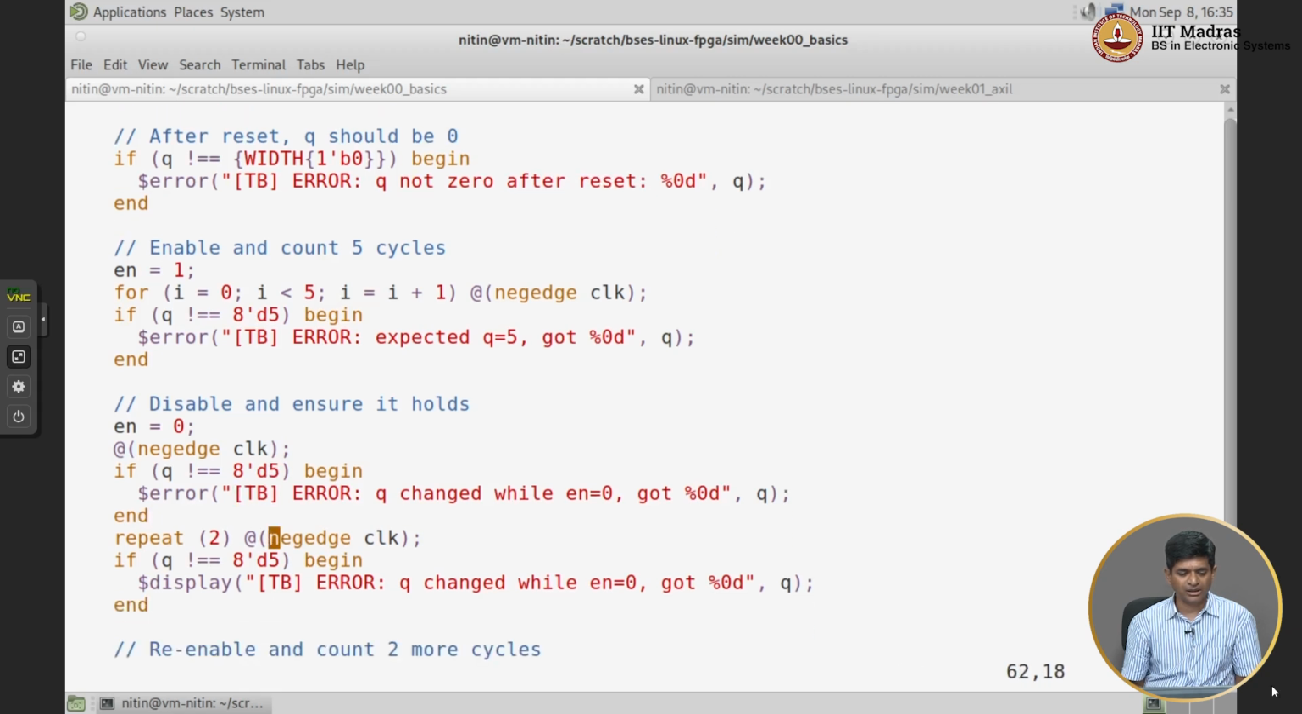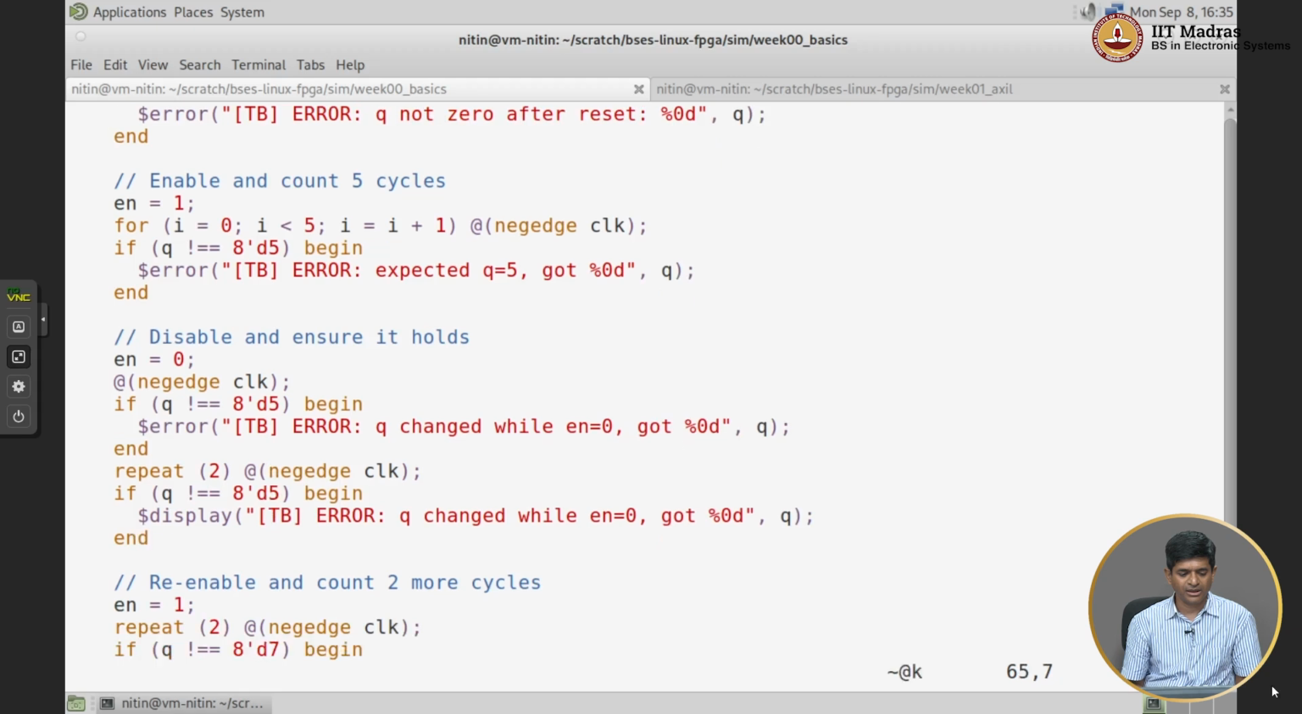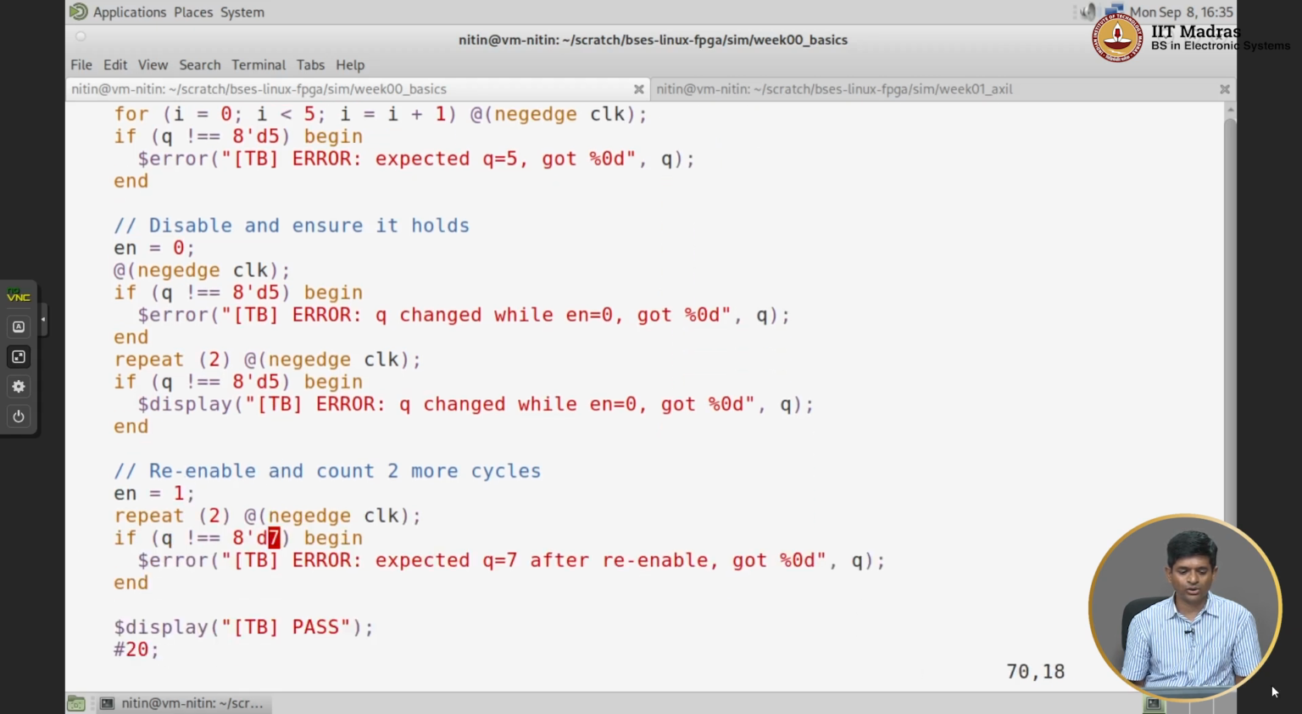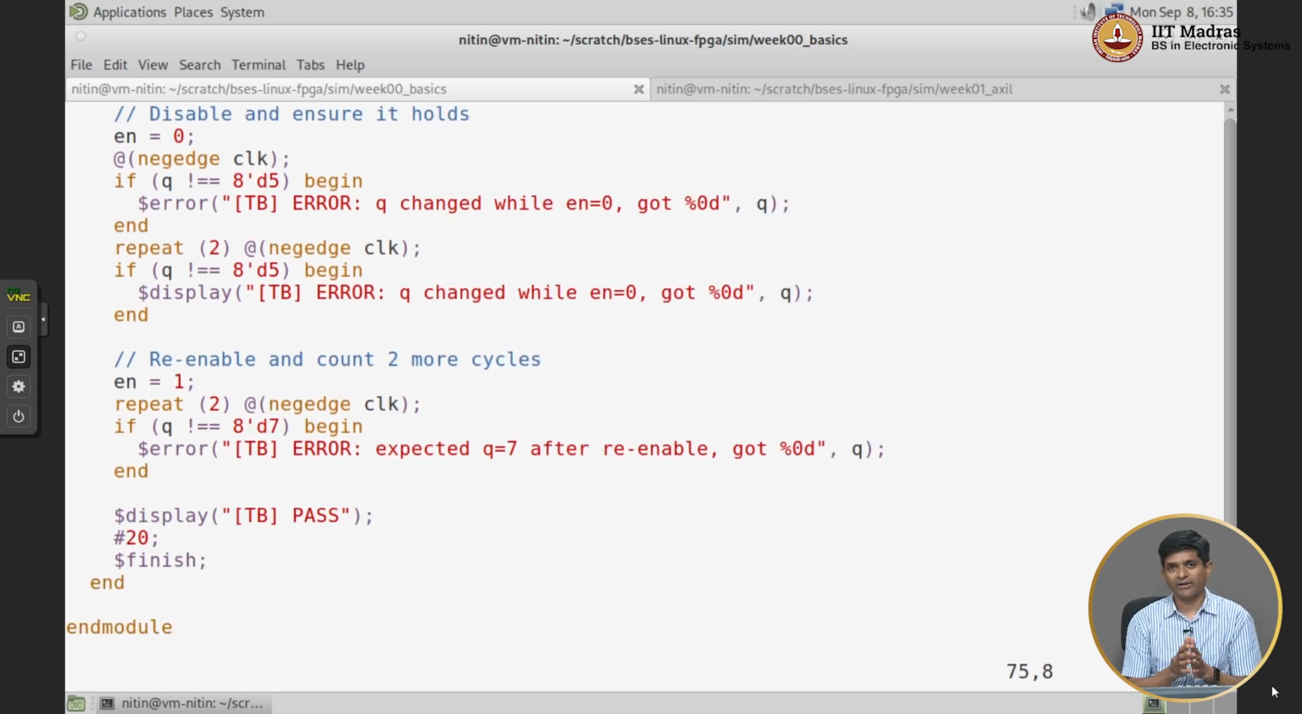Then I once again wait for another 2 clock edges, once again it should not have changed, right? Then re-enable it, wait for 2 clock cycles and check that it actually did change, okay. So as you can see, if I was writing out all of this code, if it was on EDA Playground,